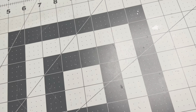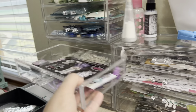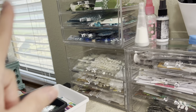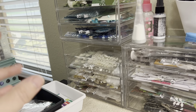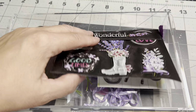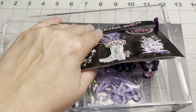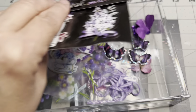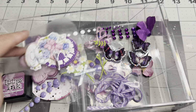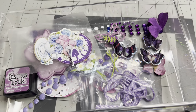Colors that I don't have a lot of, like this purple one here. Let me show you here. This is the purple one. There's the window where the birdies like to, I did order a birdhouse where I can see them make the nest. I just have to have my husband put it up. So I just got done doing the colors of the rainbow, purple. And so these are some things that I pulled out for the layout, but I didn't use. But you know, purple's not a color I have a lot of. I think in my binder I have like four